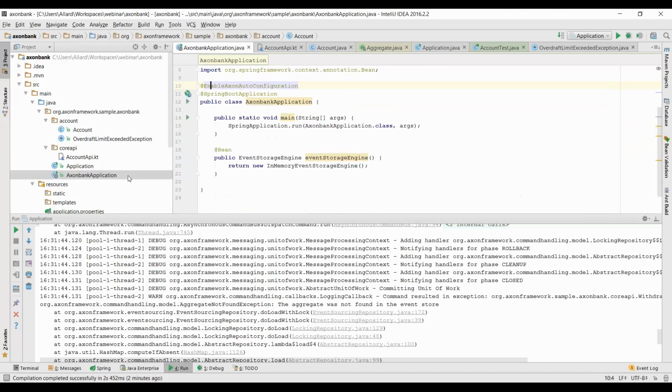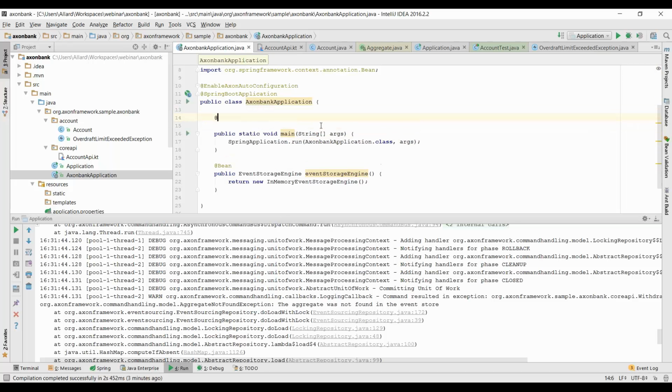So right now, this is all we need to do to tell Spring that we've got an aggregate. So it's picked up as part of component scanning, and we've told Spring that, well, through Spring, we've told Axon that we want to use an event store and store these events in an in-memory storage engine. Now, of course, if we run this application, nothing will really happen. So we should be able to